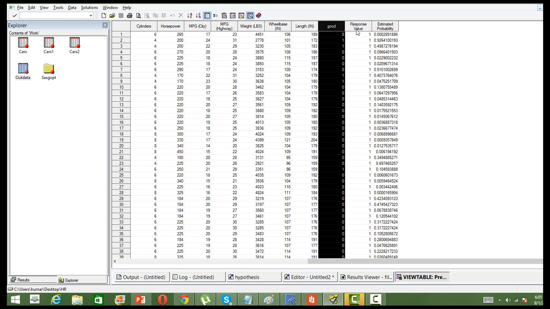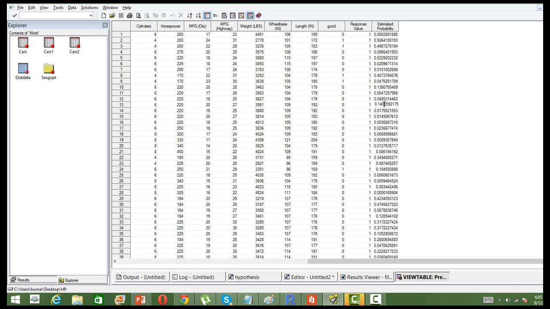This is what the company wants to know: which customer has a higher score of purchasing my vehicle or purchasing my product. Say, for example, this customer. Oh, it's at 0.92. So what do you do? Give a promotion to him. Give a promotional offer to him. Send him a mail. Did you get the application of this?